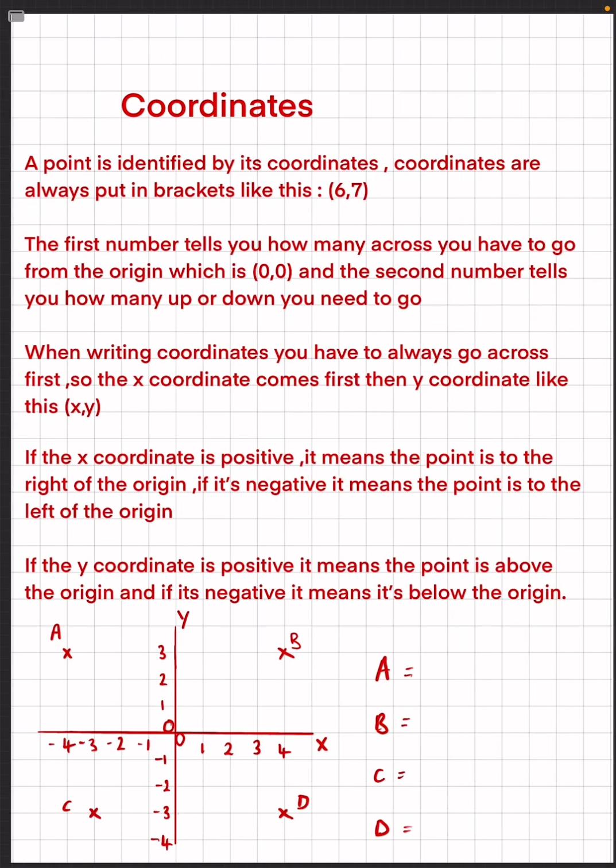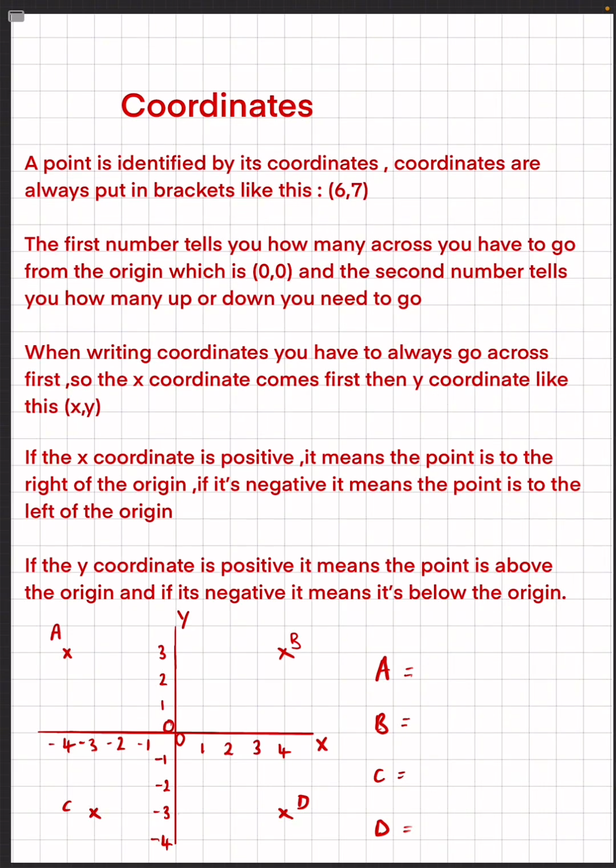In this clip, we will be looking at coordinates. A point is identified by its coordinates. Coordinates are always put in brackets like this. The first number tells you how many across you have to go from the origin, which is (0, 0). And the second number tells you how many up or down you need to go. When writing coordinates, you have to always go across first, so the x coordinate comes first, then the y coordinate,